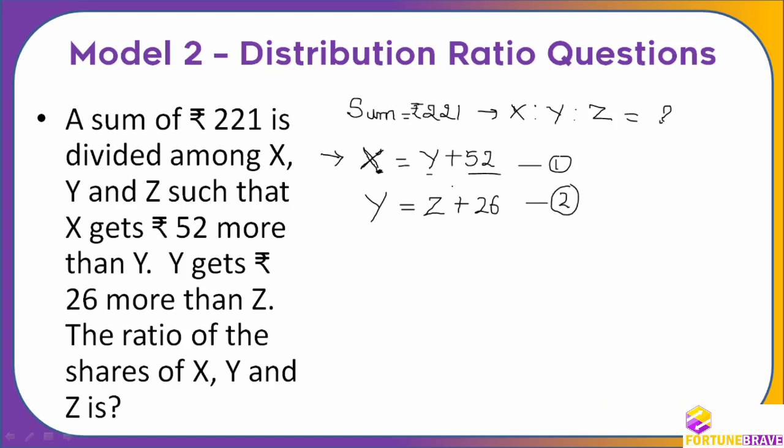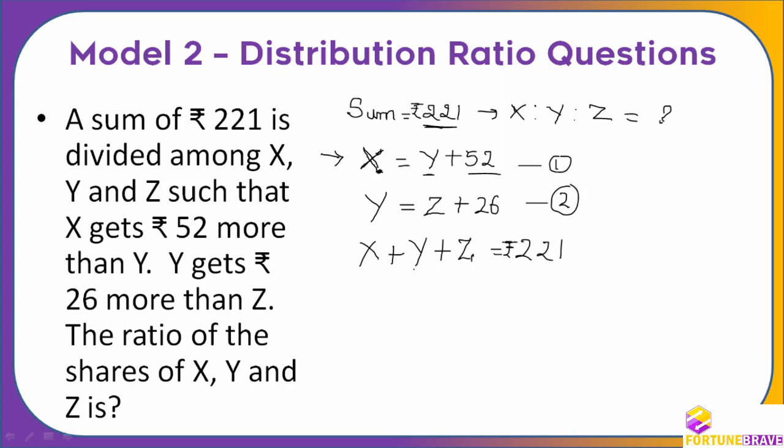Now we have to make meaning out of this, and then we need to find out the value. So what is this value? If you want to find out, it has to be what? X plus y plus z. Okay, x plus y plus z is equal to 221, that is given. Now we do not know how much z has got, how much y has got or x has got. Only the